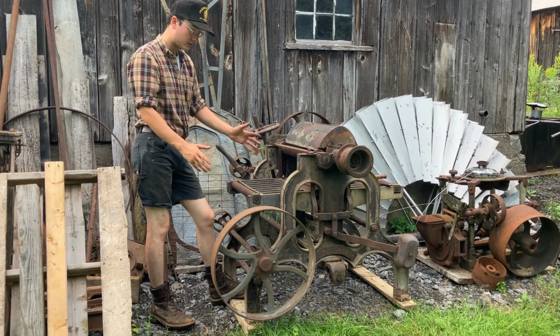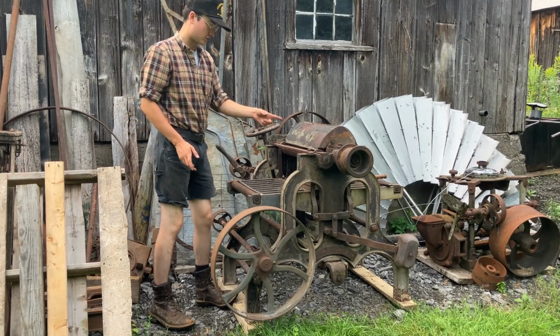So stay tuned and we'll get this thing running and planing. Sharpen the knives. I have a proper planer blade sharpener,